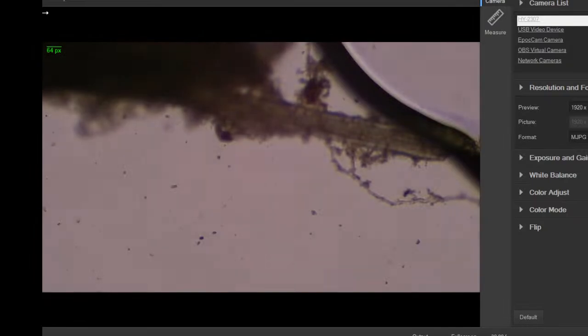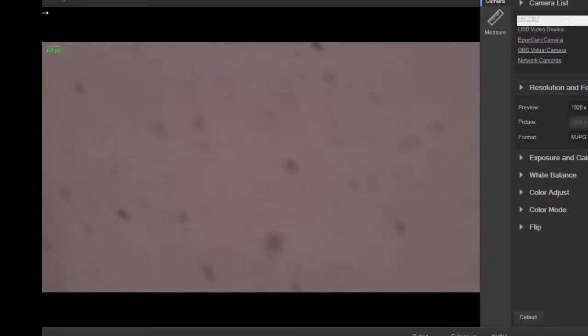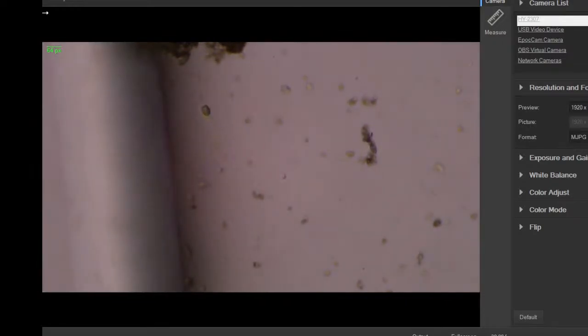Where's he going? Where's he going? There it is. Yep, and out of focus. Too much water. There's some dead plant material. There's another one of those, interesting. Oh, there's a nice